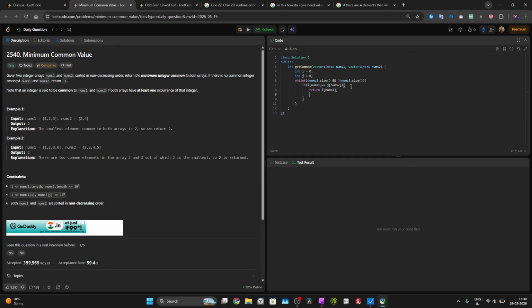And also increase both because it is same. Or else if nums1[i] is less than or equal to